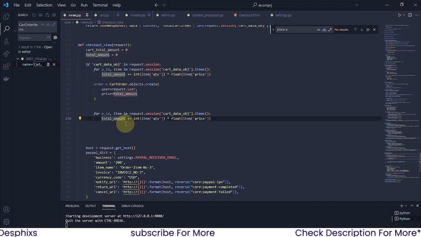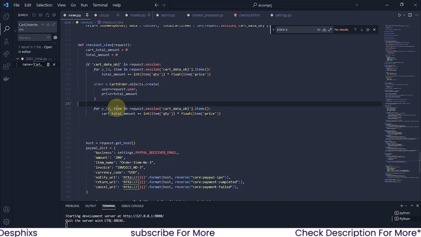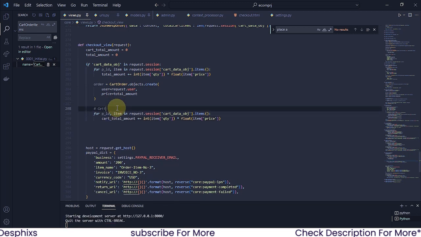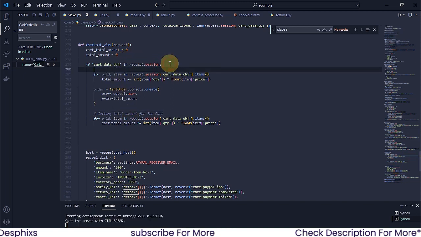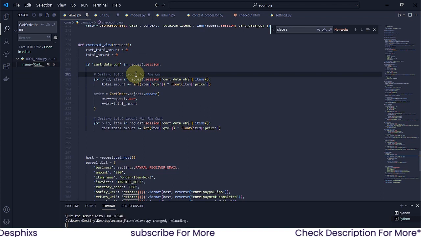Okay, so hopefully you understand what I'm saying. So cart_total_amount, this one was done for the total amount, this one now is going to be done for the cart total amount. Okay, getting total amount for, then for the cart, this one is going to be getting total amount for PayPal amount. So this one is for PayPal, this one is for cart, then this one is